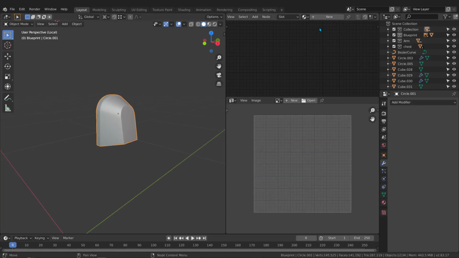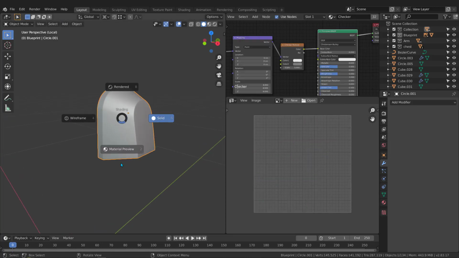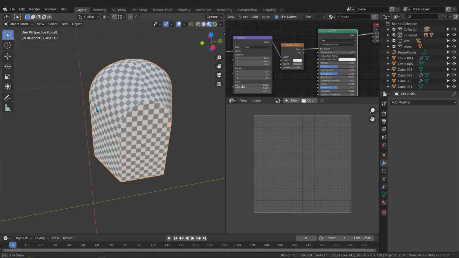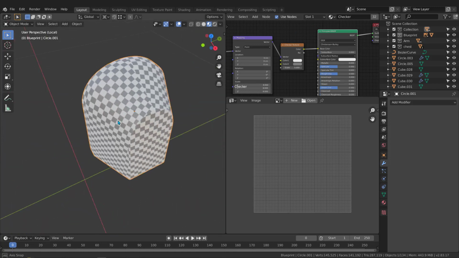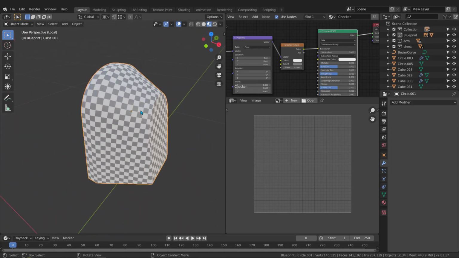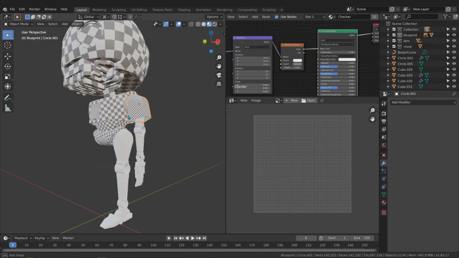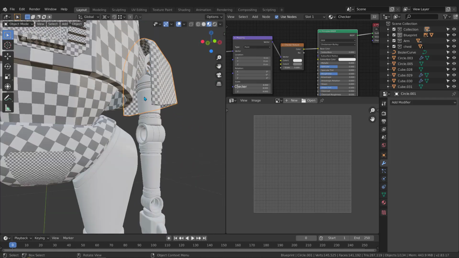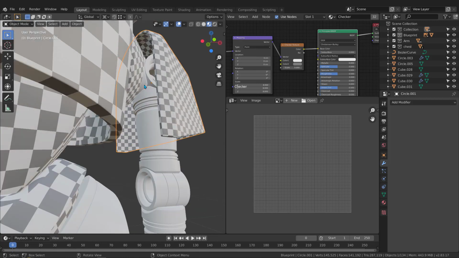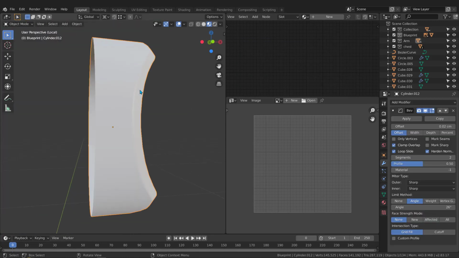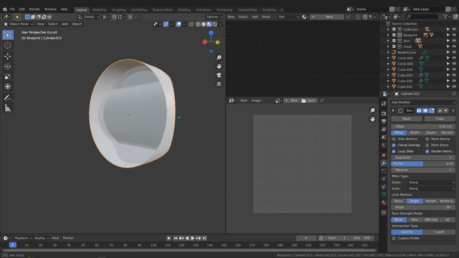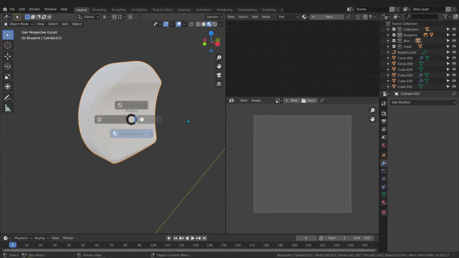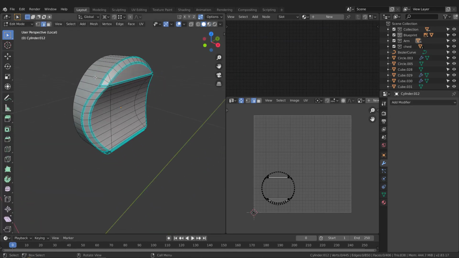Let's add the checker. Hit Z and go to preview, and cool. Hit slash, and what else can we do here? Let's start with this one. Hit slash to isolate, and just apply the bevel, tab to edit mode,